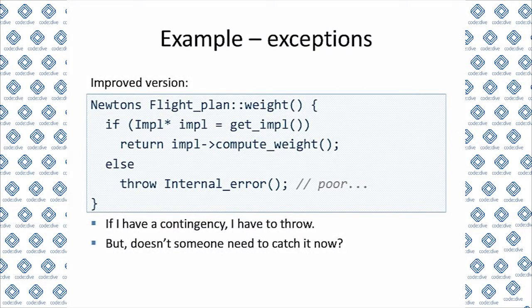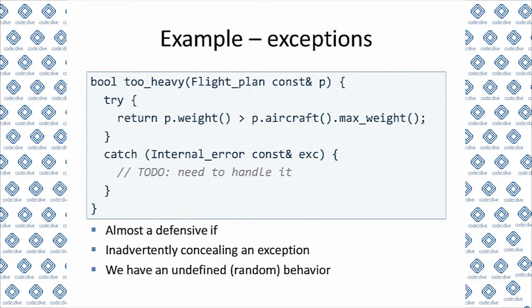So the guy implements this throw because he thinks it's an improvement. But now he thinks, wait, if I throw an exception, I have to catch it, right? Because otherwise I will terminate the program. I don't want that. So he goes up to this toHeavy function, puts a try, catch, // TODO: need to handle it later. And if he's lucky and this application crashes in production, he fixes a crash by crashing the application.